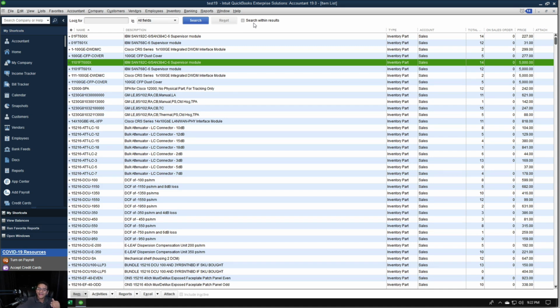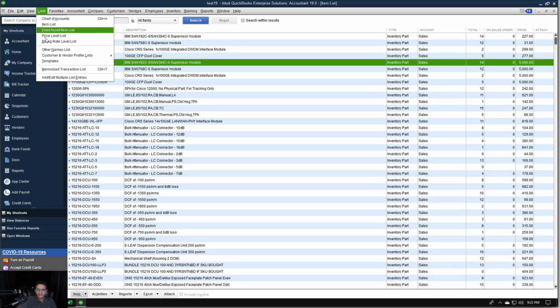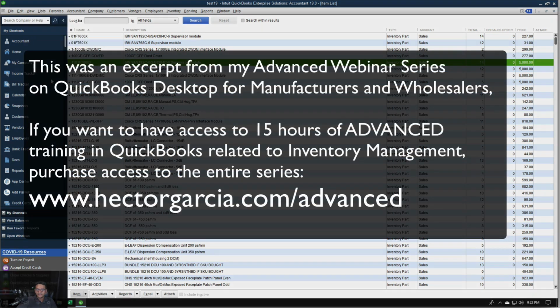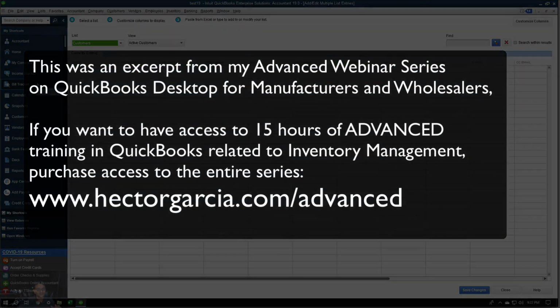Now let's talk about the Add Edit tool. So we're going to click on the list menu, Add Edit multiple list entries. And this tool works similarly, but just